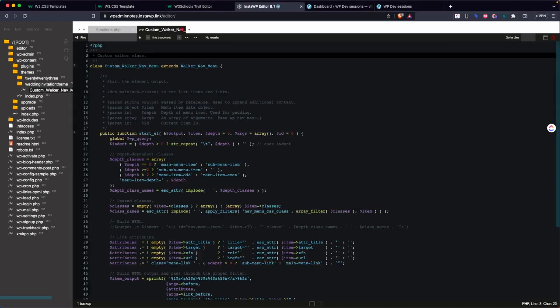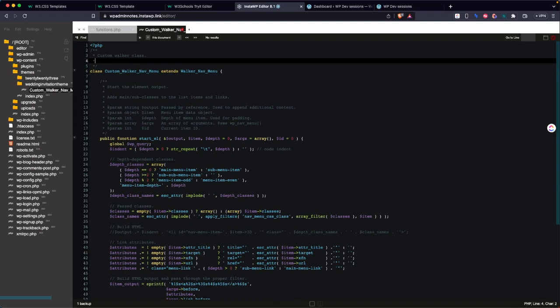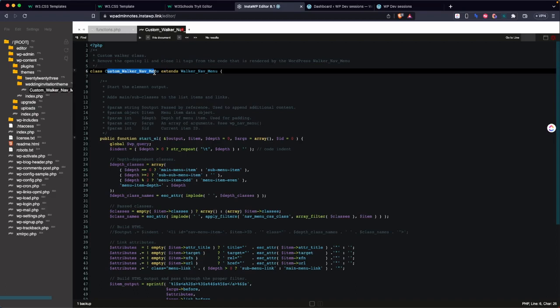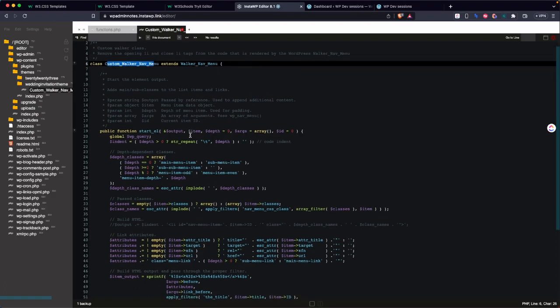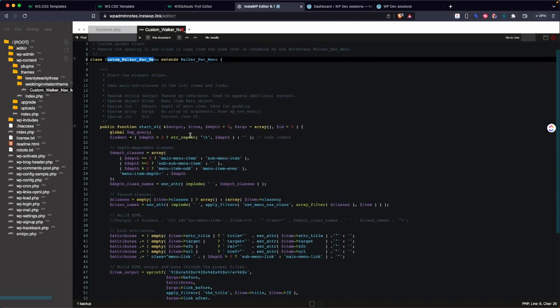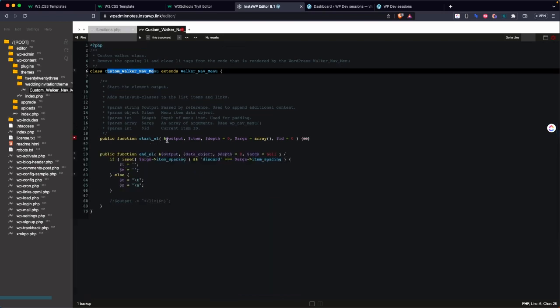Here, we've created a class, and what it's supposed to do is remove the opening list and closing list item tags from the code that is rendered by the WordPress walker nav menu class. That's what it's called. That's why down here you see that ours is called custom walker nav menu, which extends walker nav menu. Now, the walker nav menu has many methods, but we've used just two, the start EL and